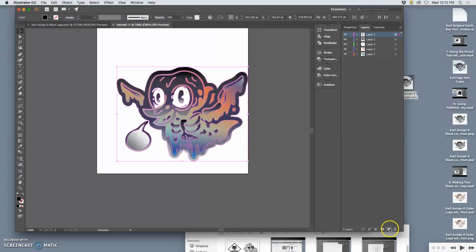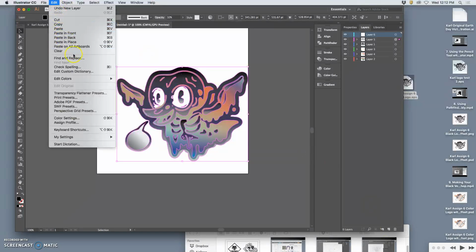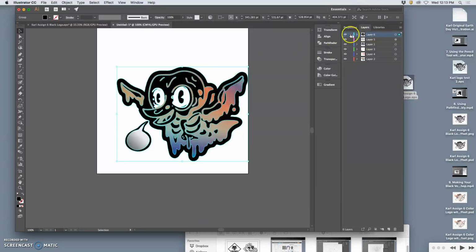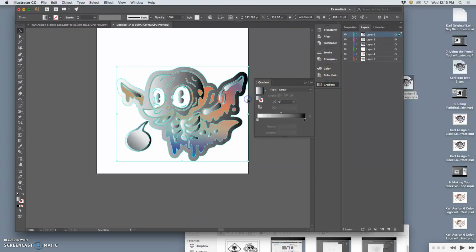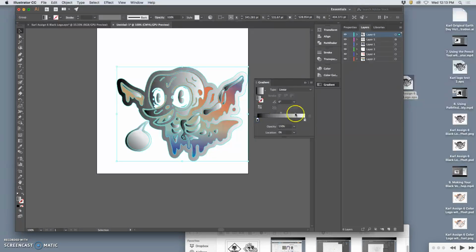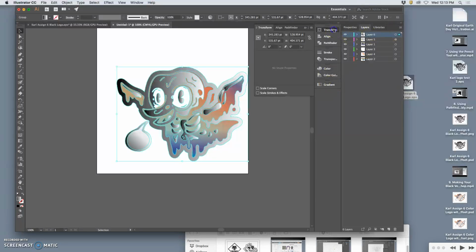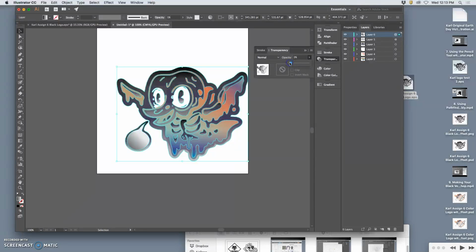I'm going to go ahead and copy this. I'm going to go ahead and make a new layer and paste it in. I know I'm showing you a lot very quickly. And I'm going to reverse the gradient on it. So it's a black and white gradient, but I'm going to move the black to one side and the white to the other. And then I'm going to play with the transparency of this to show all those layers underneath. And then, this is kind of my favorite coloring tool in Illustrator. Those whites of the eyes now look really bland, really boring. Let me show it to you on gray background. If everything else is gradated and colored, even the